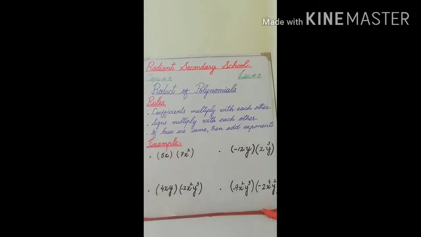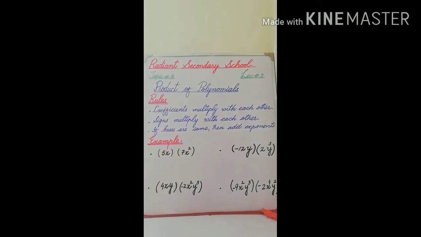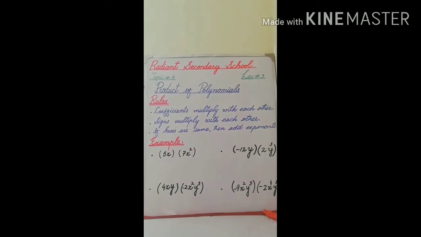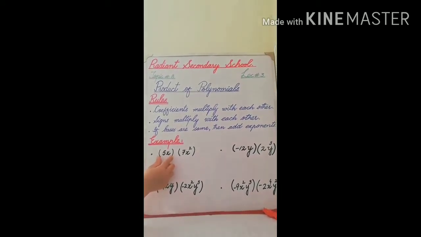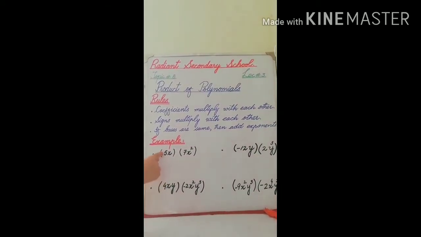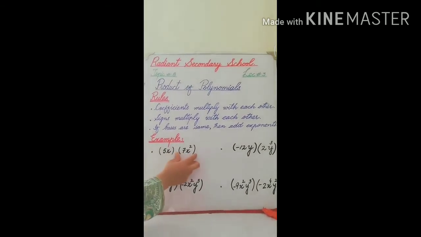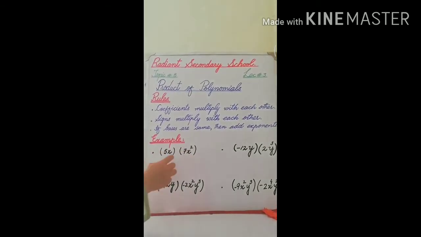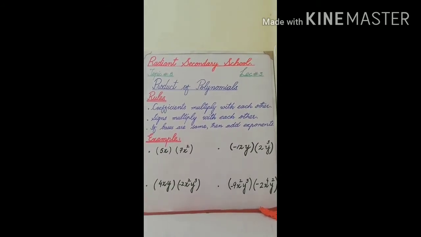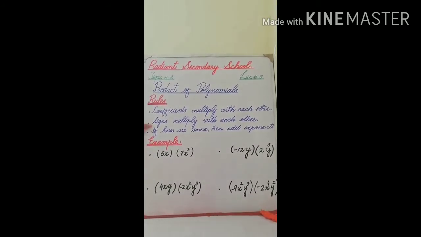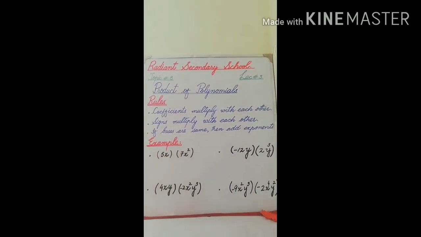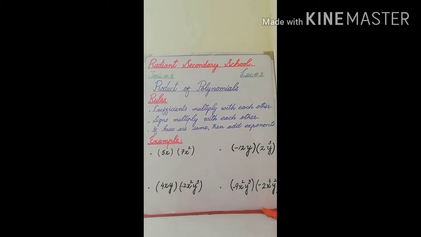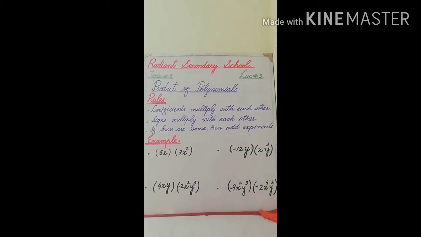What is signs? We know basic operations, plus, minus, multiply, divide. These are called basic operations, and here we talk about plus and minus. Okay, and now come on this example. In this first example there is no sign, it means plus sign is there, and in second bracket again there is no sign, it means plus sign is there, that is in a hidden form. So signs multiply with each other means we will multiply these plus and plus with each other. When I explain example, then your concept will clear, right?